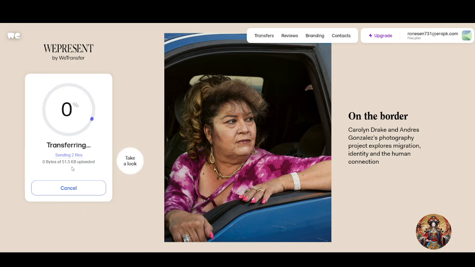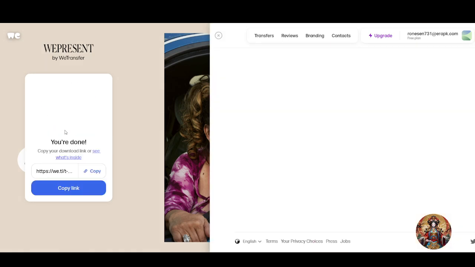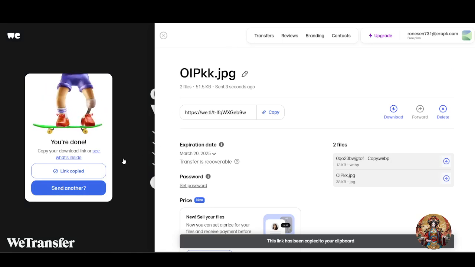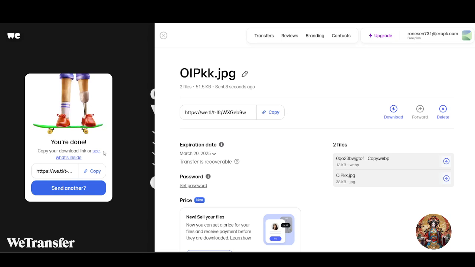Now these two photos are uploading, and just a little bit of time, and copy the link and share with someone you want to send these